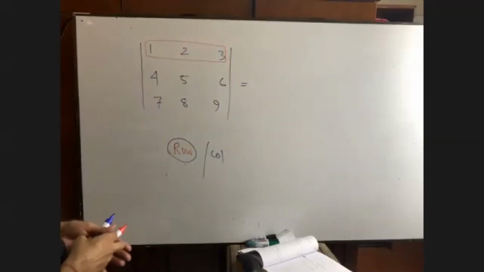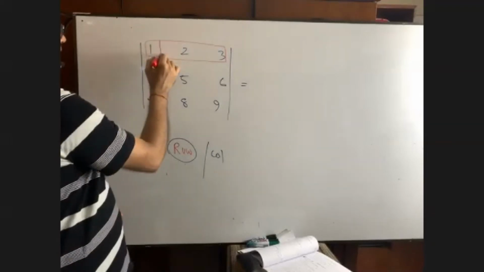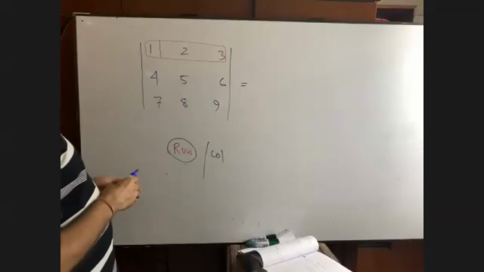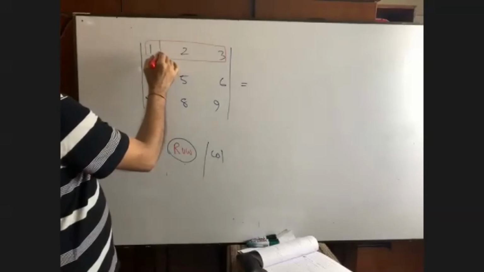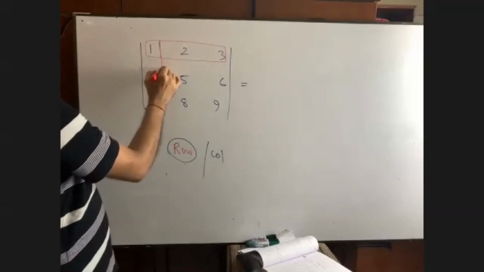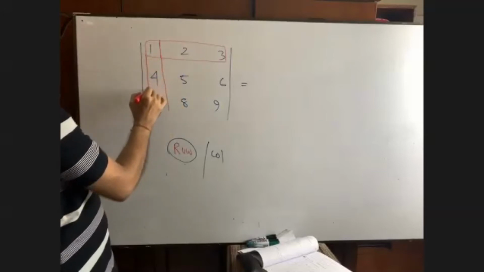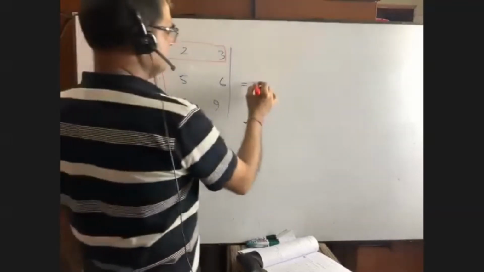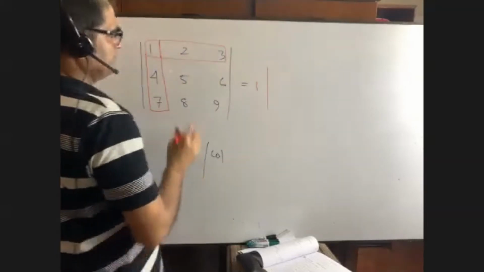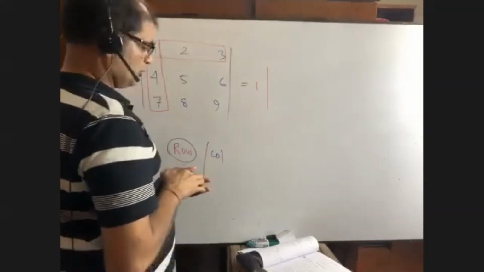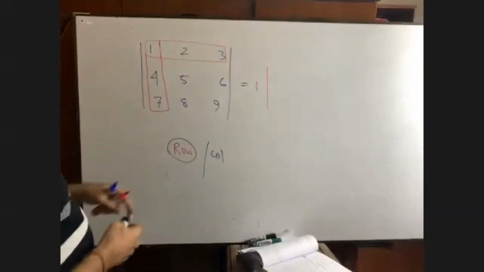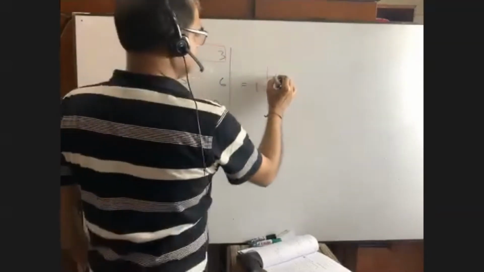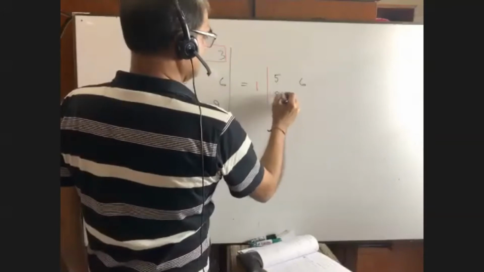Okay, now I am going to consider this one. Suppose this one. Okay, have you got me? When I will consider this one, then you will remember that along this row and along this column will not be considered else. This one is to be considered. It means you see this is 1. Then what is left? Can you please tell me? We are left with what? If we consider 1, along this row and along this column, all will be omitted. So we are left with 5, 6, 8, 9. Please talk to me.